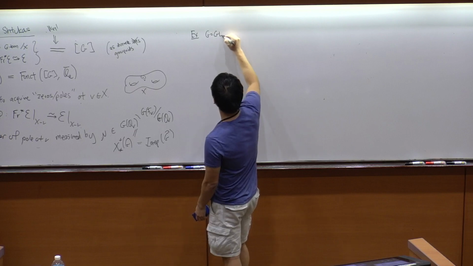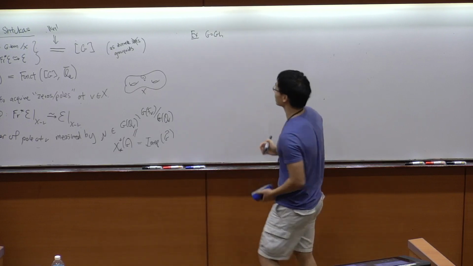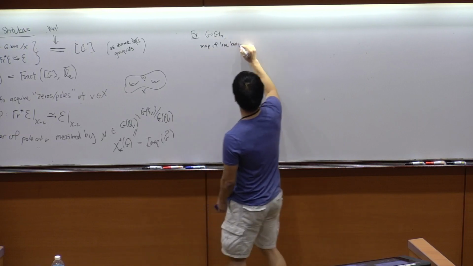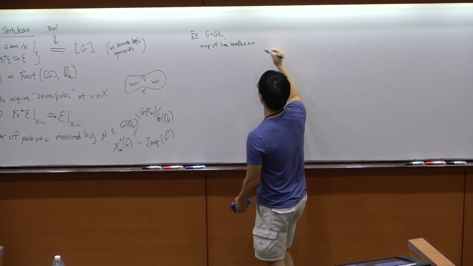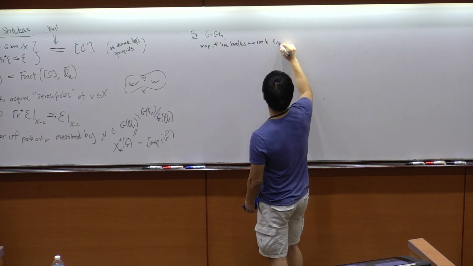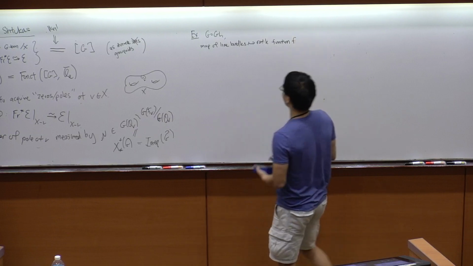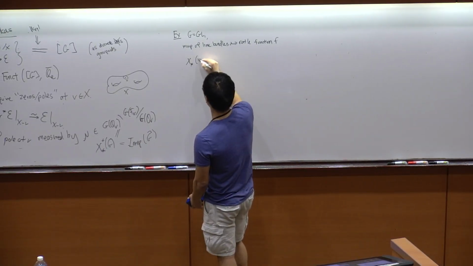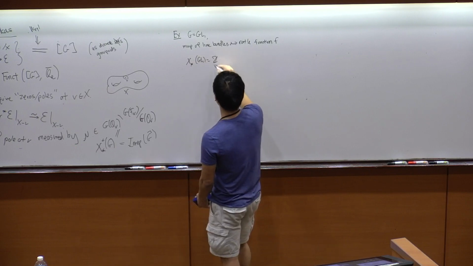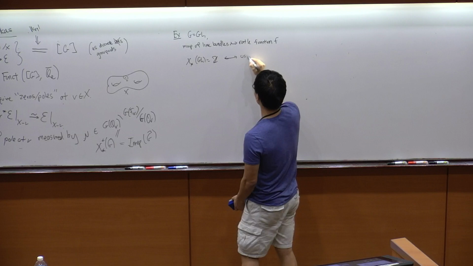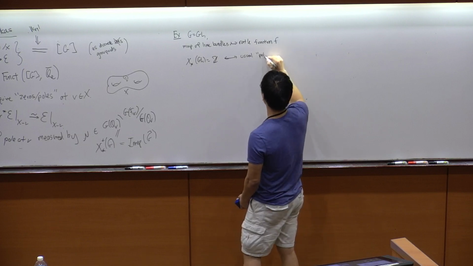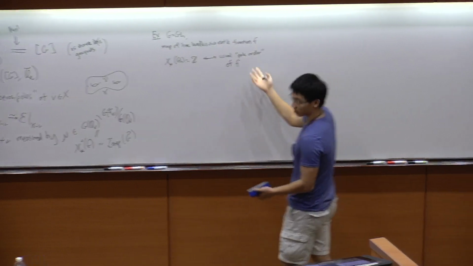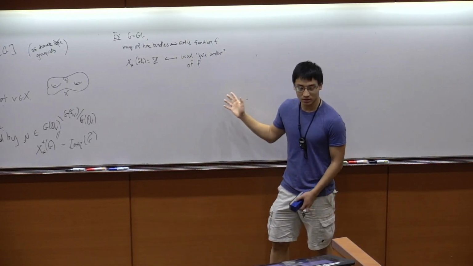So if G is GL1, we're just talking about line bundles. And a map of line bundles is just the same thing as a rational function F. And so what I'm saying is the order of a pole should be measured by characters of GL1, which is Z. And indeed, this matches up with the usual notion of pole order of F. So that's why I think of this as the pole order. Okay, any questions about this?